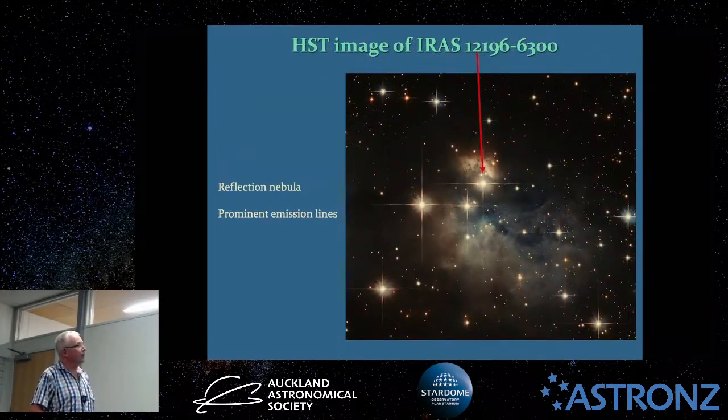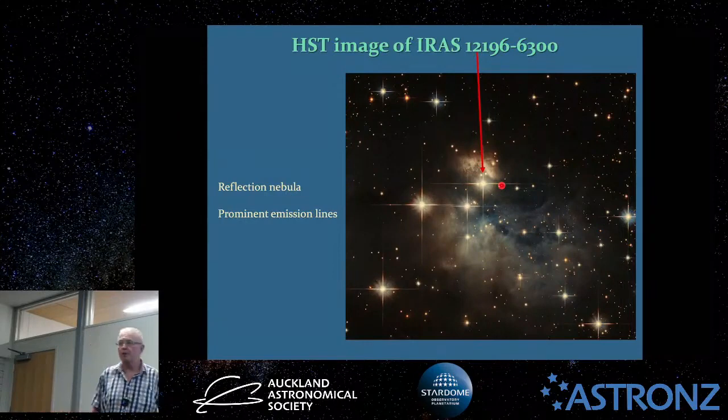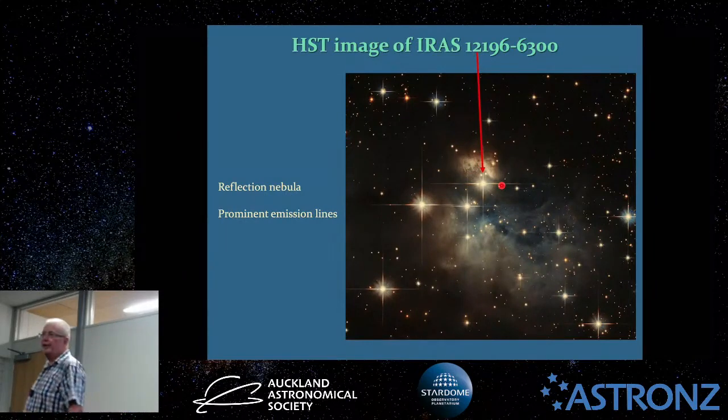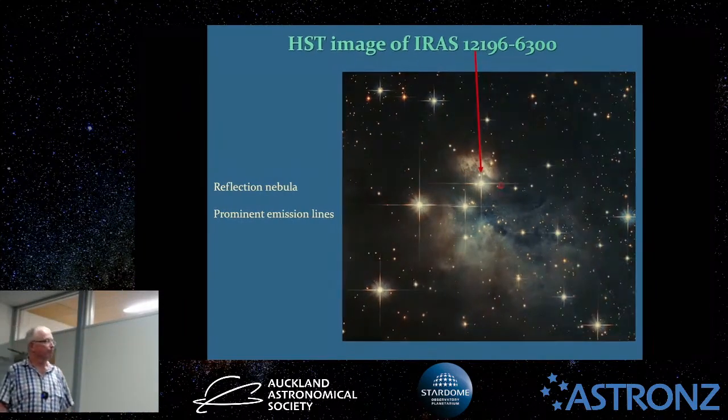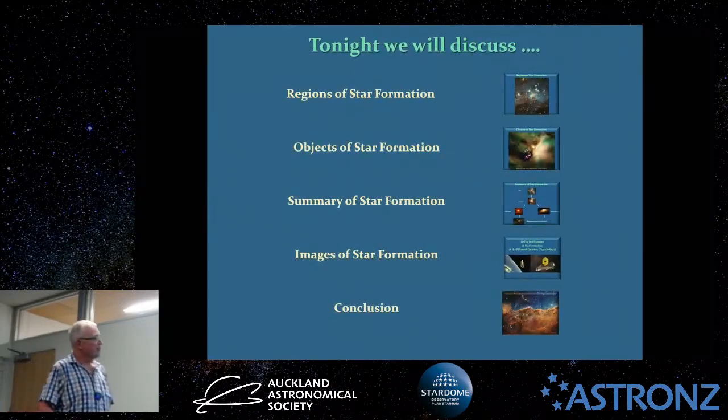Okay, and here it is here. Here's an image of one such Herbig object, of a Herbig star. Here's your blue reflection nebula going on, and if you looked at that under your spectroscope, you'd see these prominent calcium H and K lines. So that's the summary of the objects of star formation. That was a lot of information to take on. Let's just bring it together into a nice